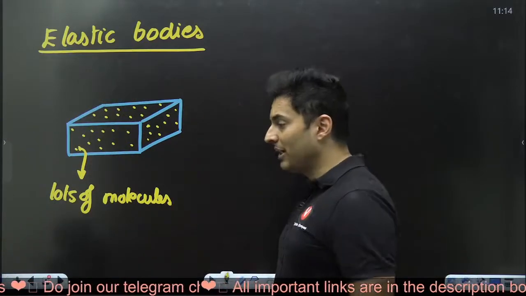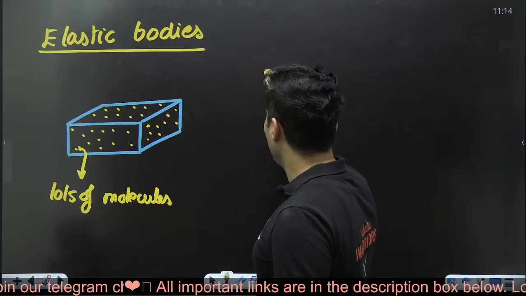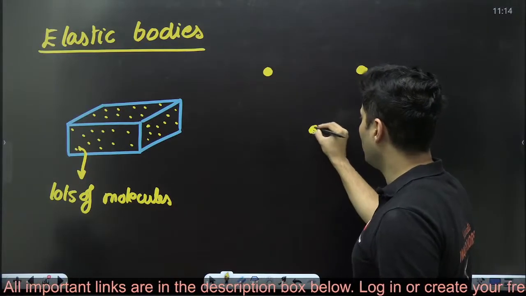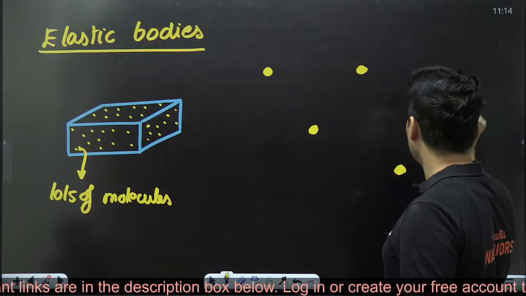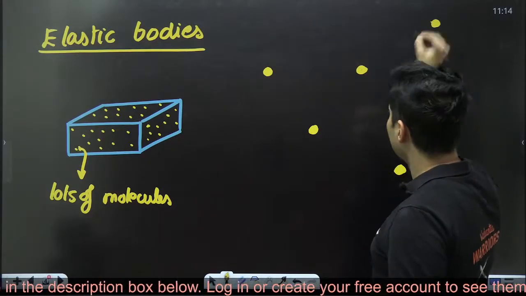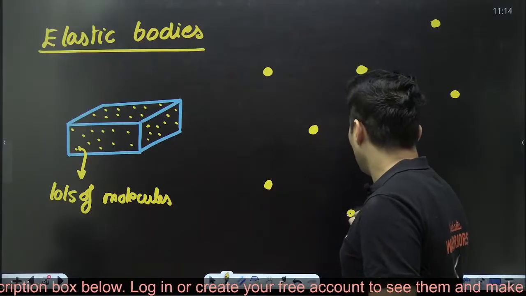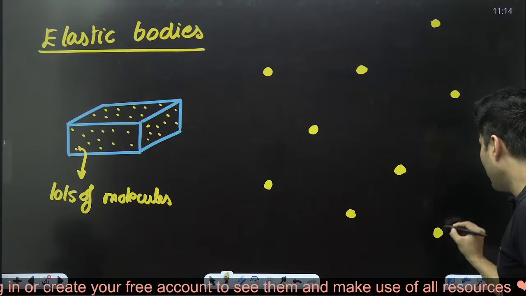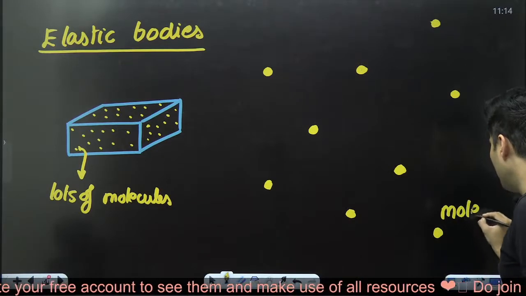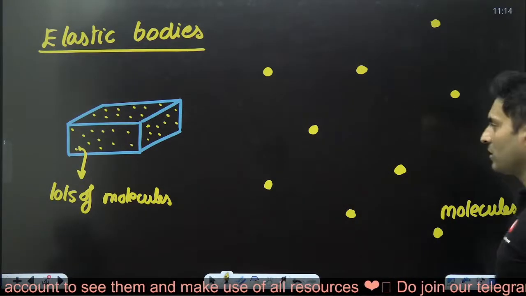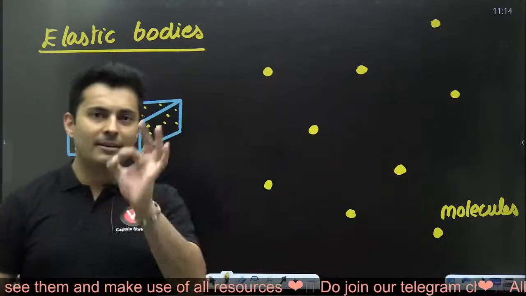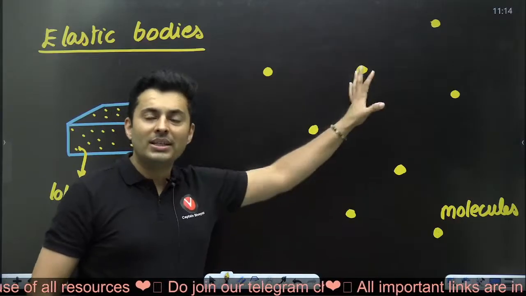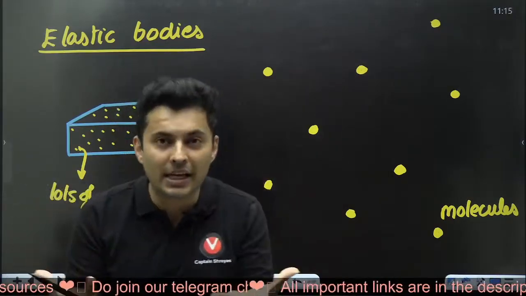Now when you zoom onto it and see how these molecules look, you might see one molecule of rubber here, another molecule of rubber here, another here, another here, something like this. So there is empty space between them. These are nothing but molecules of rubber. What you will see is a very interesting thing, and that is the empty space between them acts like a spring,